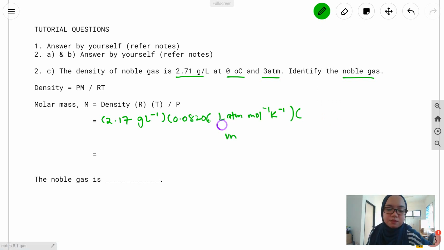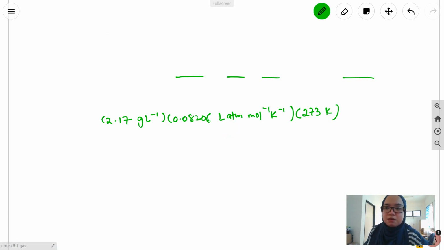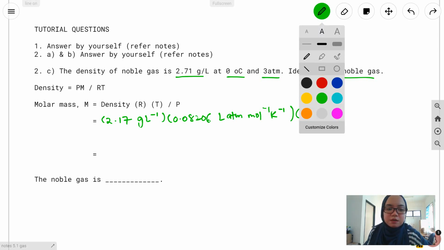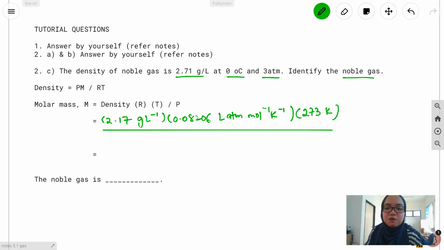Oops, what happened here? Something is wrong with this. It's okay, we just do it again. Over 3 atm. We just substitute, we just put in all the information given into the formula: density RT over pressure. So when we calculate, we will get